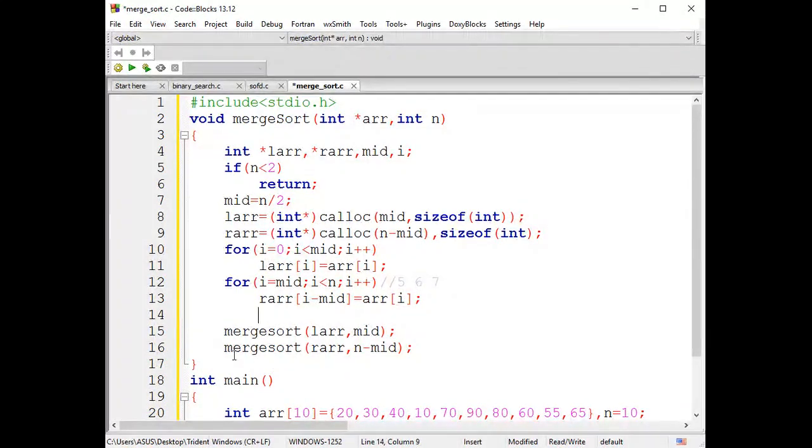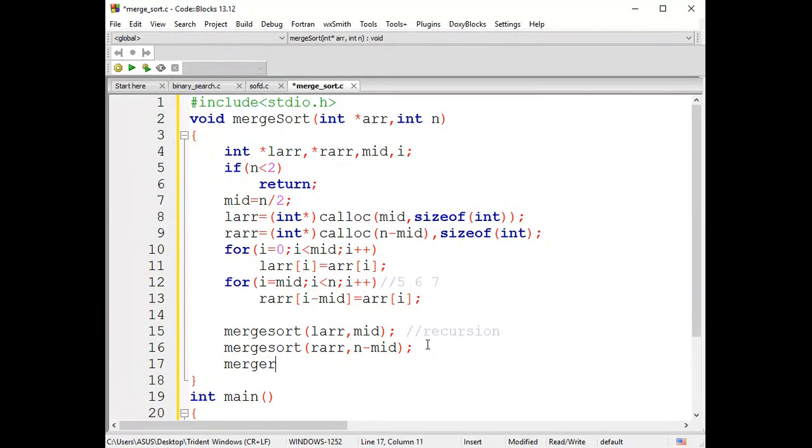Is this clear, guys? Here I am using recursion. By using this merge sort recursive call, I have made all the elements consecutively divided. Now everything has become one element. Now I want to join the elements again by sorting them. So we are supposed to write a separate algorithm for merging the data again. Is that clear? I need a separate algorithm for merging the data again. So let us write the algorithm merge.